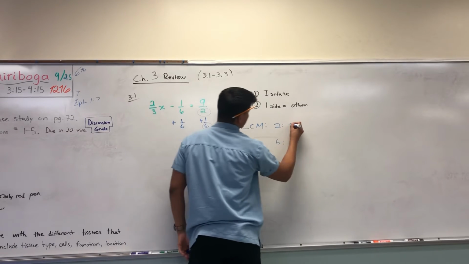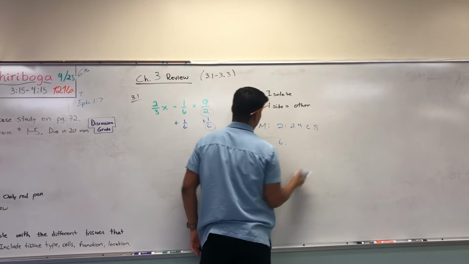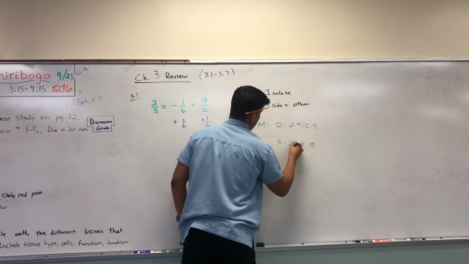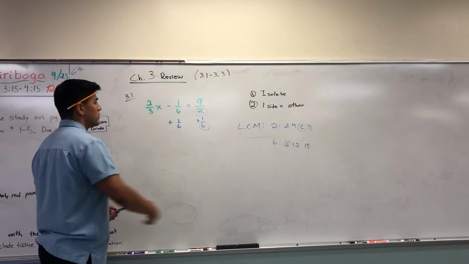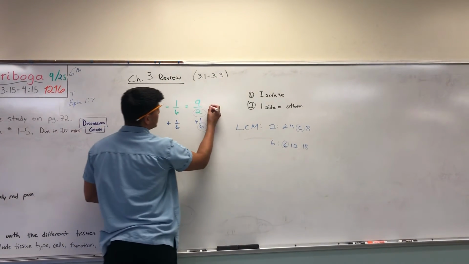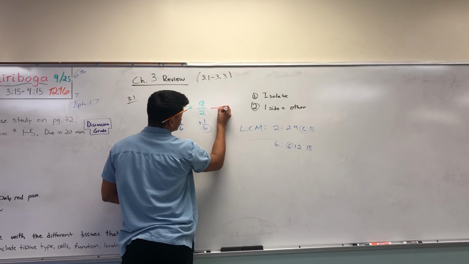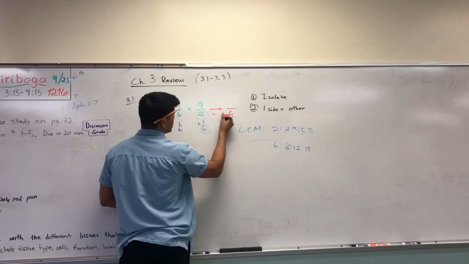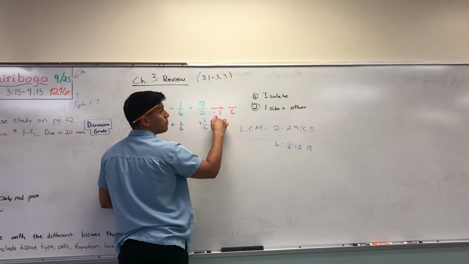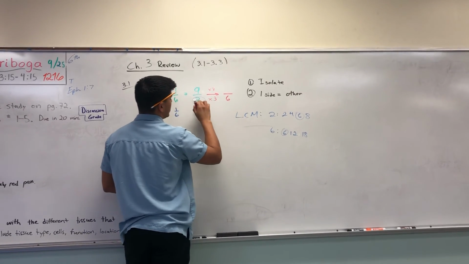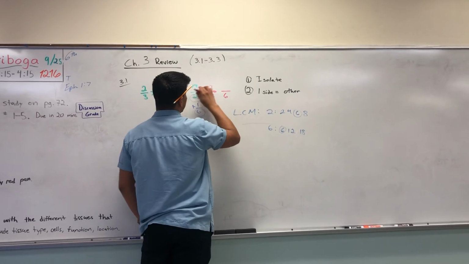Multiples of 2, so we do 2, 4, 6, 8. Multiples of 6 are going to be 6, 12, 18. 6 is the least common multiple of the 2. So we know that we have to turn this fraction of 9 over 2 into a fraction over 6. What do you do to 2 to get 6? You multiply by 3. Whatever you do to the bottom, you have to do to the top when you're dealing with fractions. 2 times 3 is going to be 6. 9 times 3